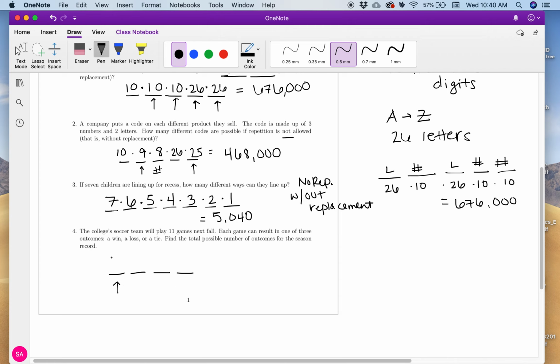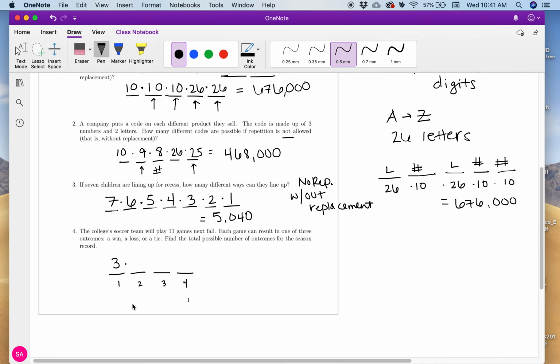So this is the first game, right? Here, instead of an arrow, this is game number 1, and then this will be game number 2, game number 3, game number 4, okay? So how many different outcomes can we have for game number 1? Well, there was 3 possible outcomes: a win, a loss, or a tie. So there's actually 3 outcomes here. Now the second game,